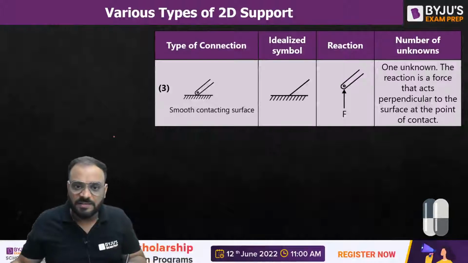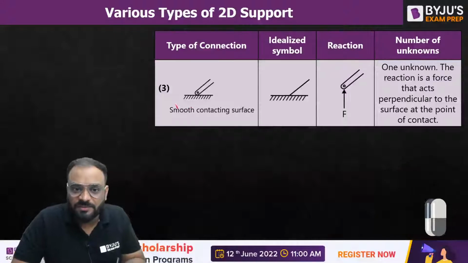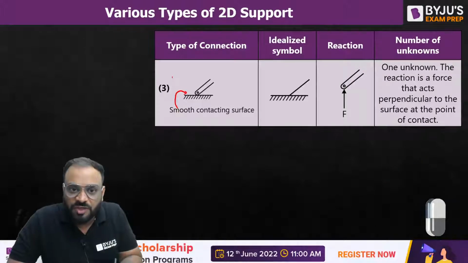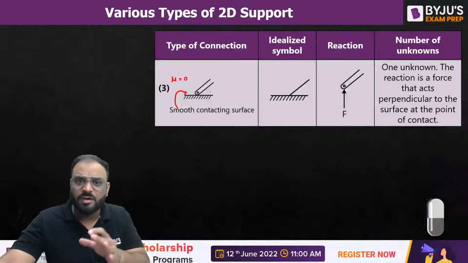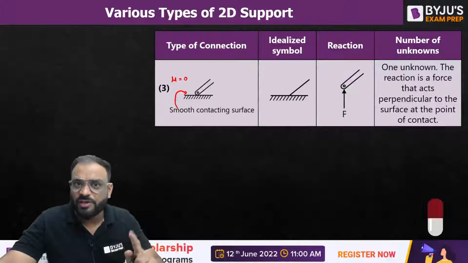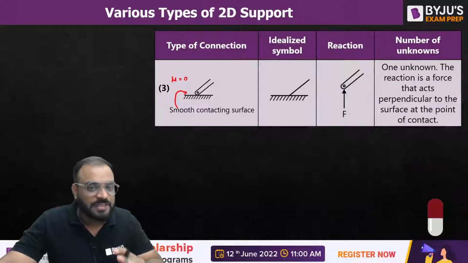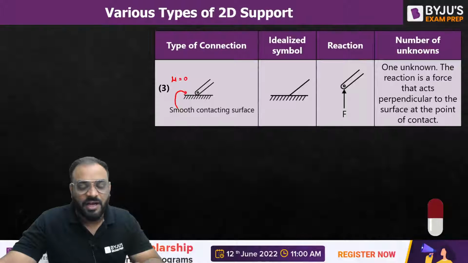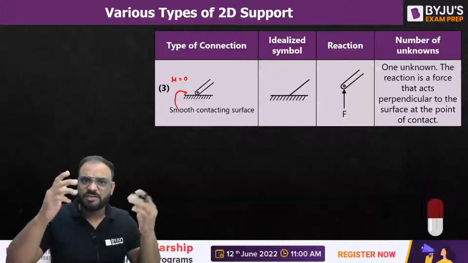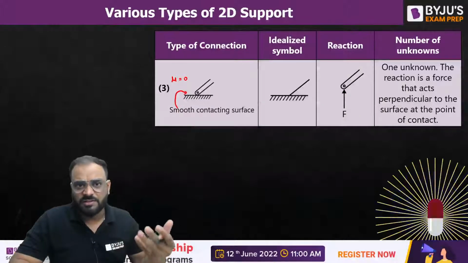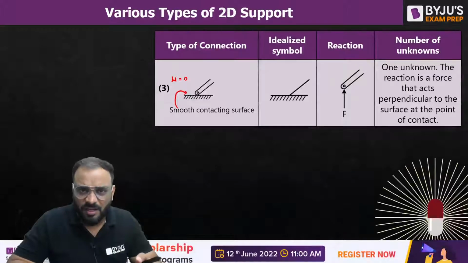So you can see here, guys, this is a smooth contacting surface in which the friction is equal to how much? It is 0. And this is the member which is placed over it. So how can you represent this? As I told you earlier also, guys, we are using skeleton structures. And generally we are representing the members by a line, right? We are not showing any kind of thickness of the member in our structure analysis,